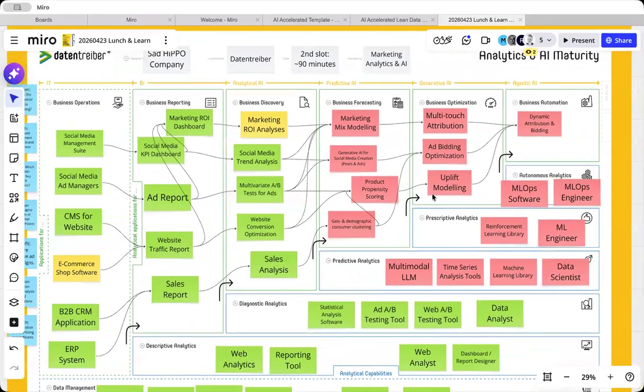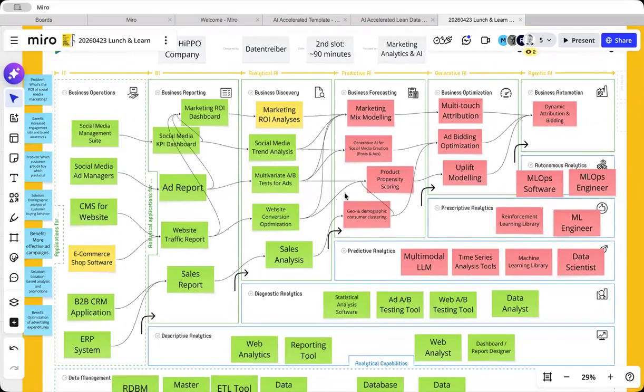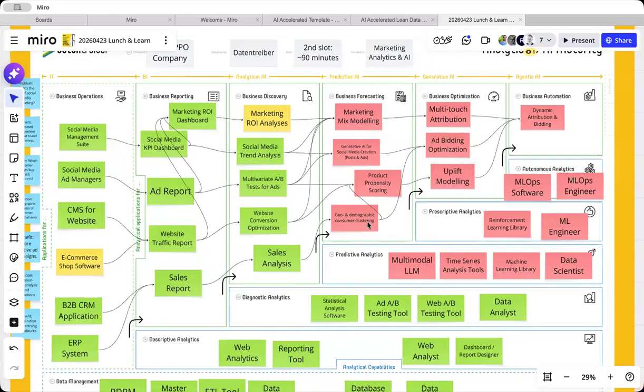And you might know that Gartner model for AI or analytics maturity. So we put it on this Gartner model here, and we assume for this example that they already have the operational systems in place. Of course, this is where the data is coming from. Then they already have quite sophisticated or complete business reporting, and they're also already doing diagnostic analytics. What they are missing here is the predictive part, which could help them